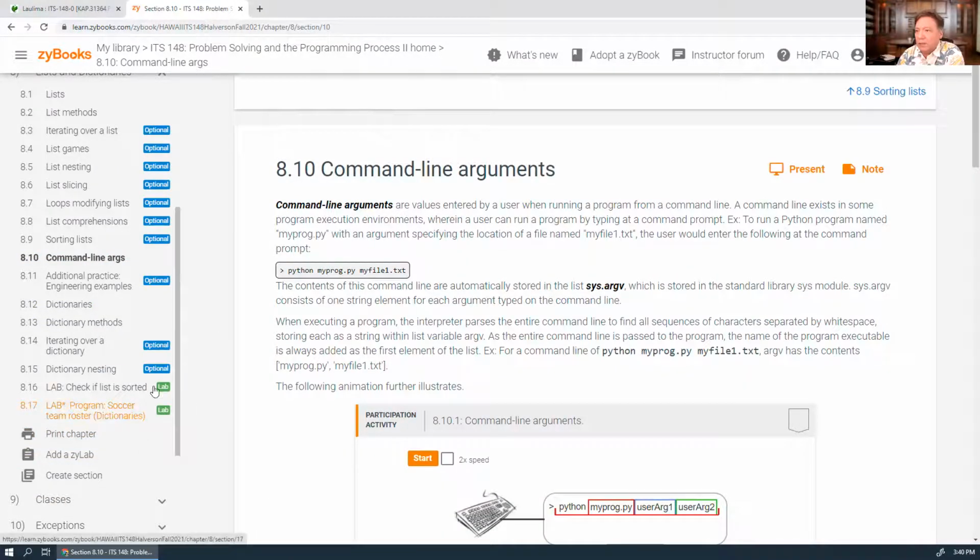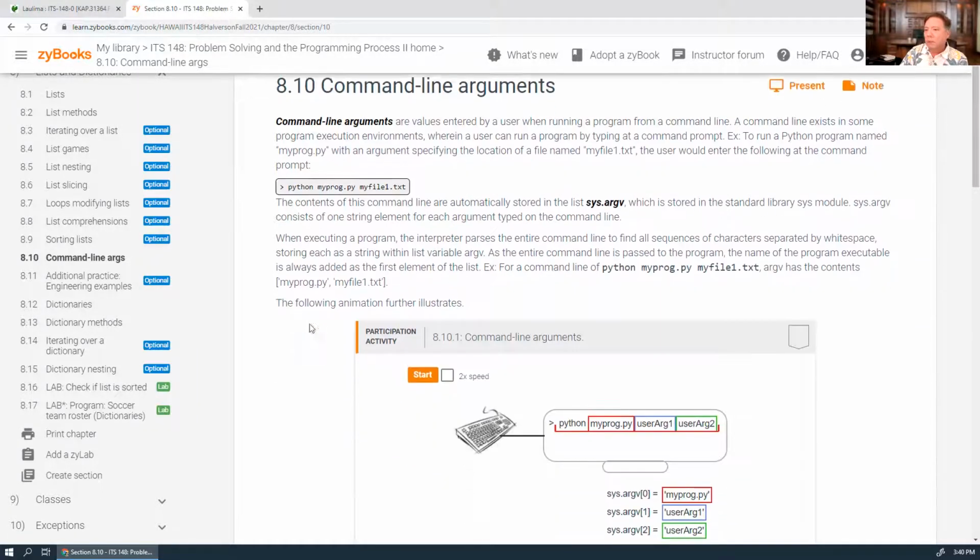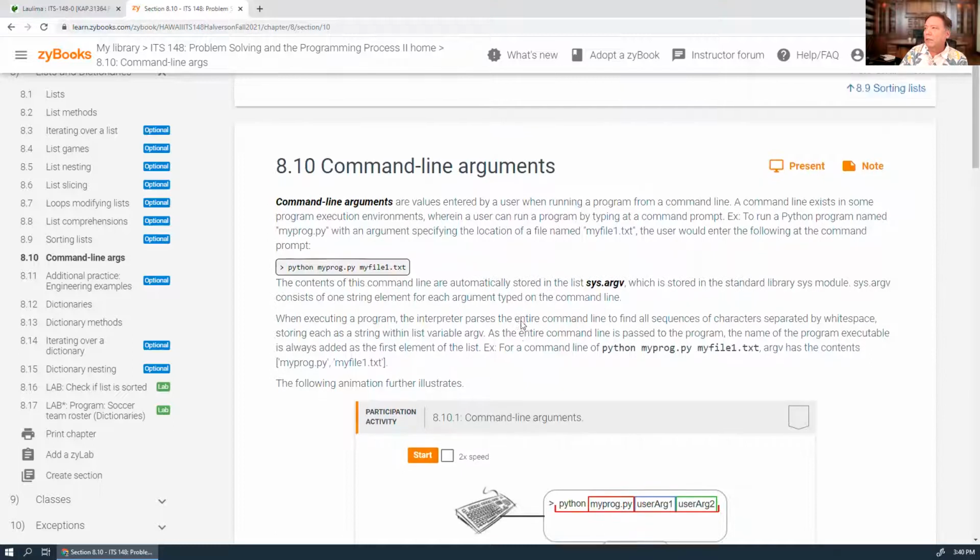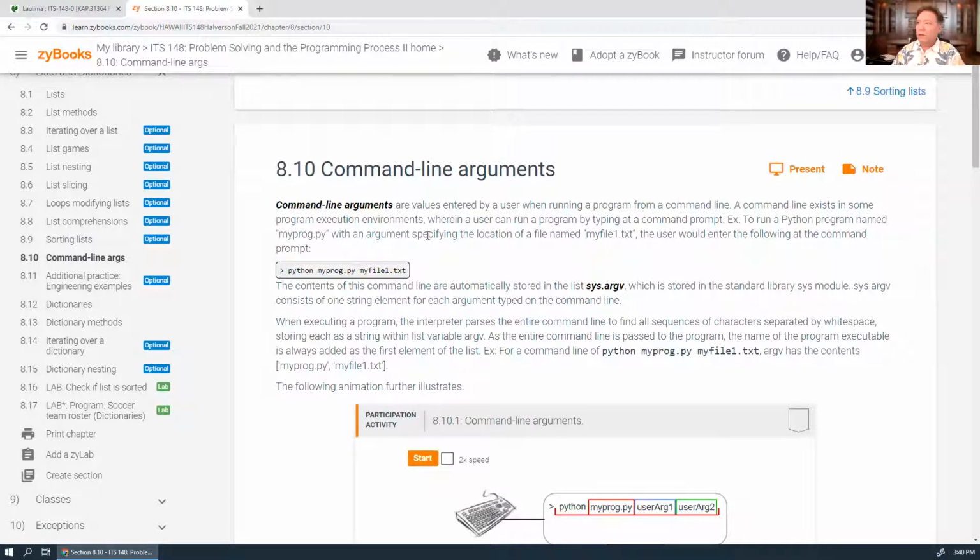And this 817 is a long lab. It's a pretty long lab, but that's what your assignment is going to be. So we're going to implement 817 in Visual Studio. So I'll show you that next time. All right, it's 3:40, and maybe I can get through the rest of this